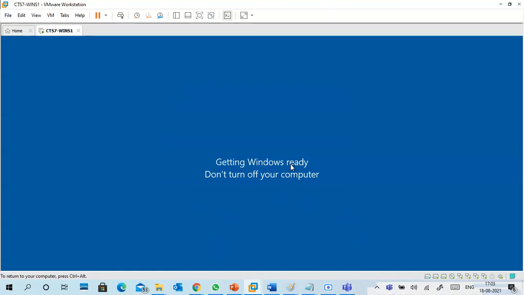In the evening, I will install Hyper-V. Tomorrow I will show you Hyper-V, each and every option, because again Hyper-V installation will take a restart once more. It keeps restarting. That's the problem with this Hyper-V.